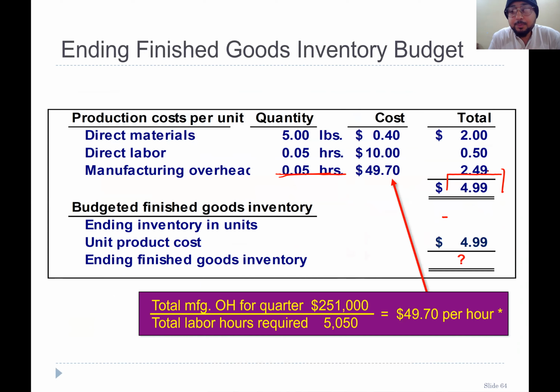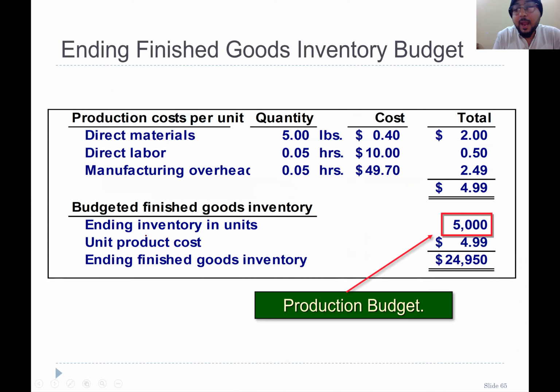So, budgeted finished goods inventory. Let's talk about this. Ending inventory is going to be 5,000, right? So we need to keep 5,000 as inventory. And where is it coming from? The production budget, right? So look at our quarterly production budget. Over there, it's going to be 5,000 ending inventory. And the ending inventory cost will be shown on